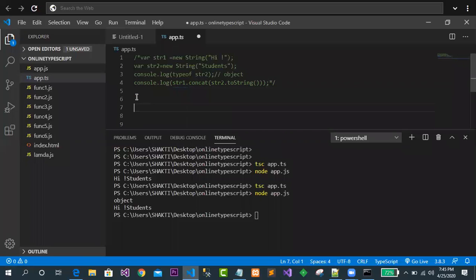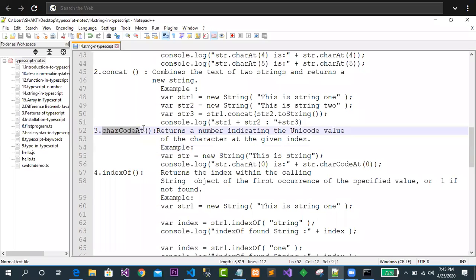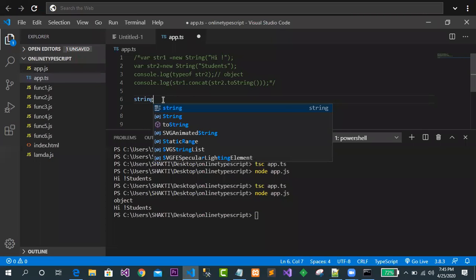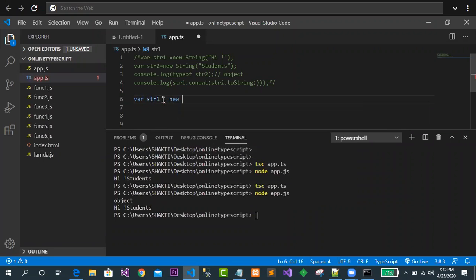Now let me go for this method. What is the name of the method? Char code at. What exactly does it do? Very simple, guys. Whenever I talk about this, first of all I will create a variable, or offset, equal to new string. In this case, let me write hello students. Clear up to this? Okay. This is hello student I have written, or simply I have written Amit. Simply I have written Amit.